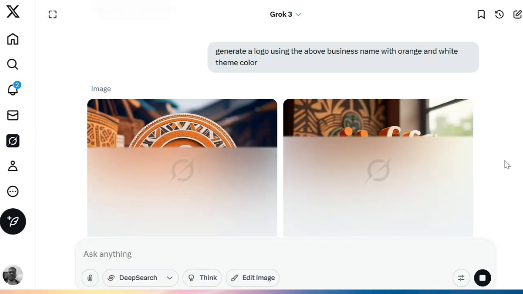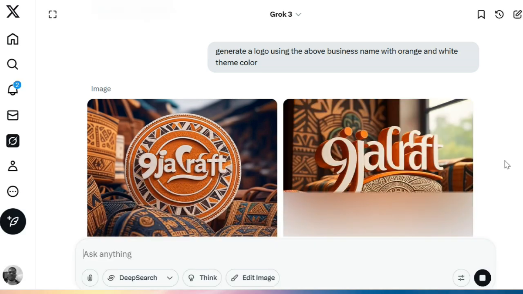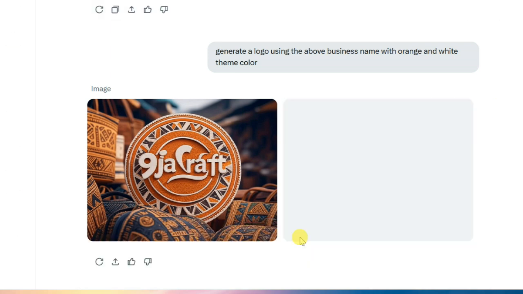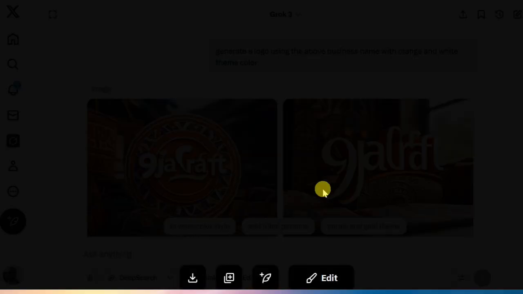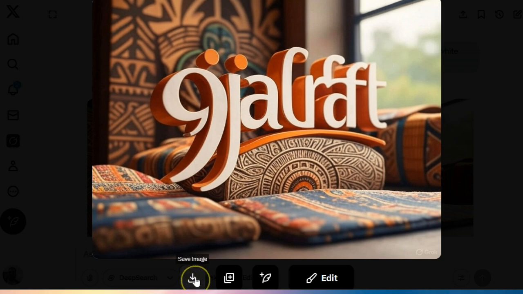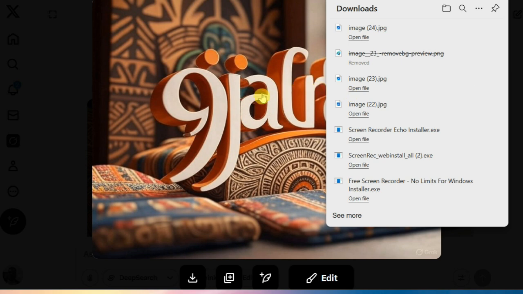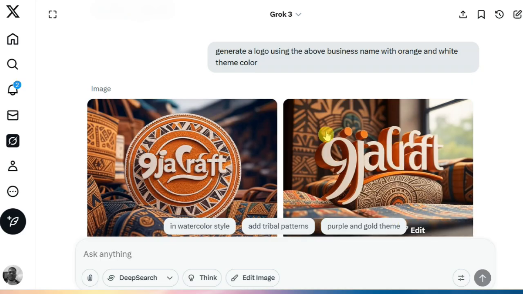Wow. This is interesting. You see? Wow. I'm using this second one. So I just have to download it and save it. It's already saved to my gallery. Wow. If I should meet a graphics designer, I would be charged 5K or 10K, depending on the professionalism of that graphic designer. But with Grok, with AI, I've been able to generate a logo for my brand. So with this, I move on.